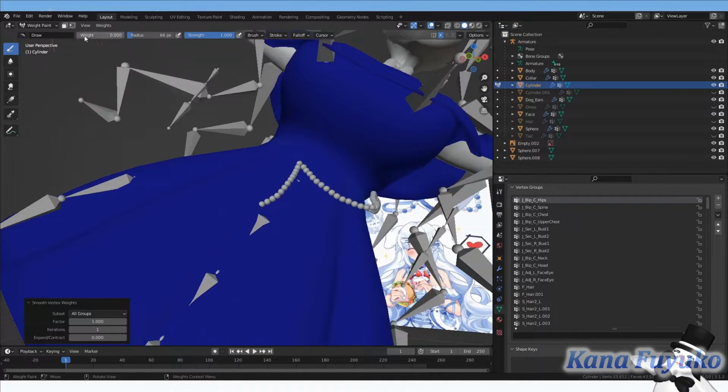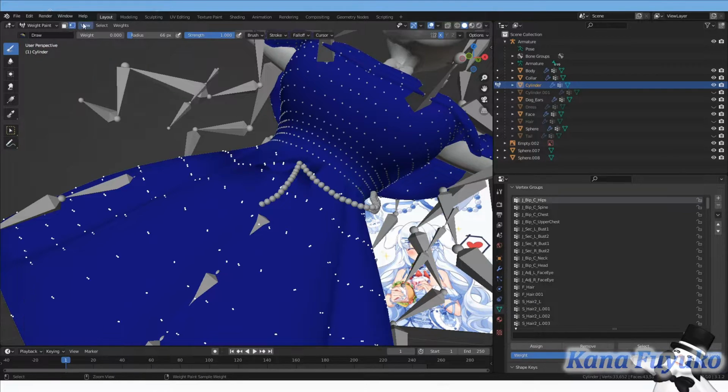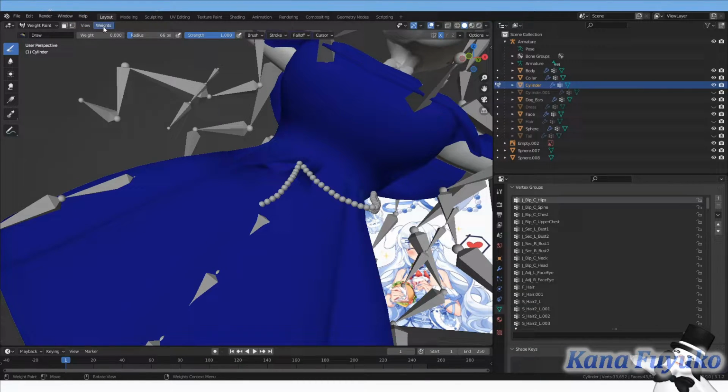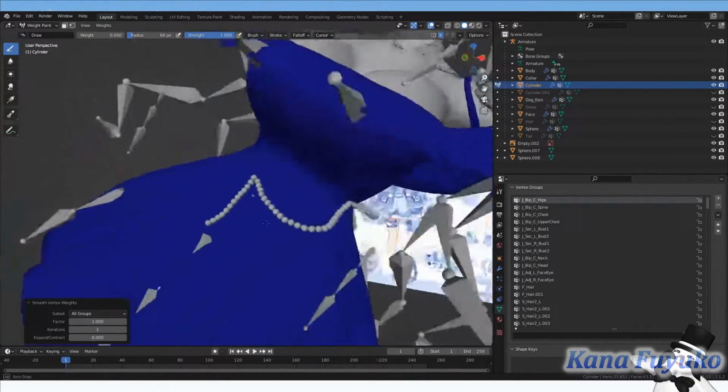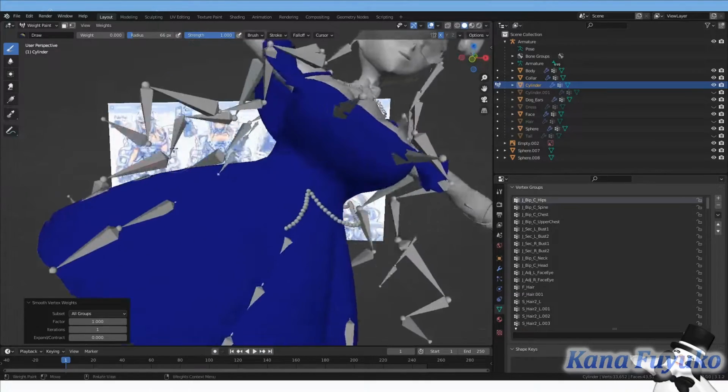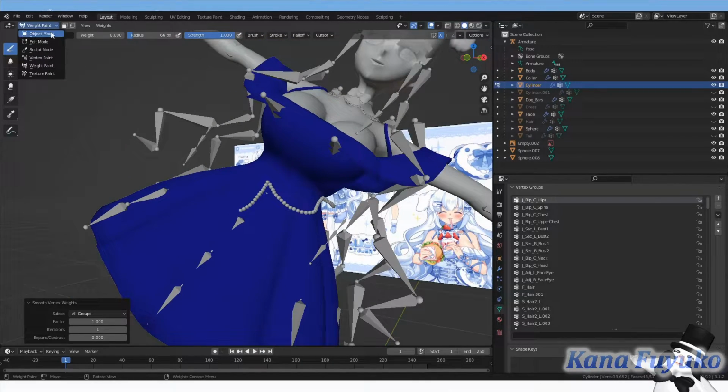I'm not sure why Blender keeps enabling the vertex selection here when I don't want it, but smooth the weight paints, set the factor to 1, and you should have a much better looking skirt. So that is very good.